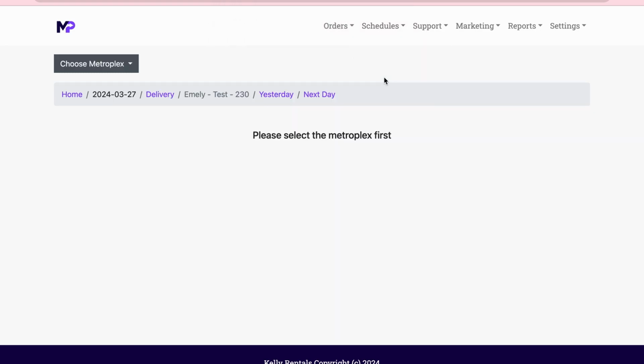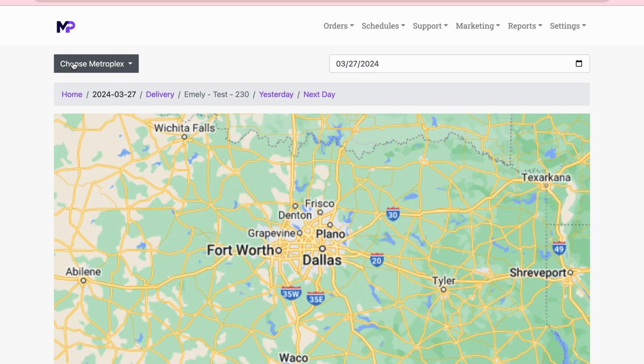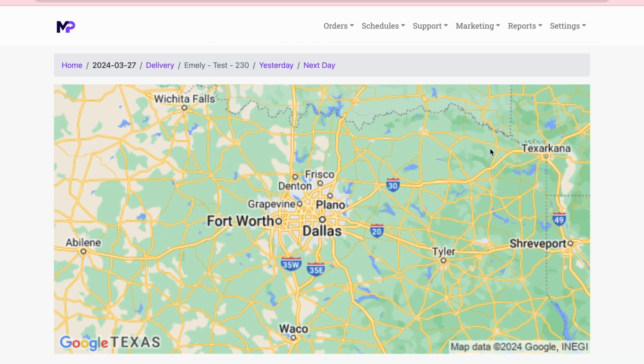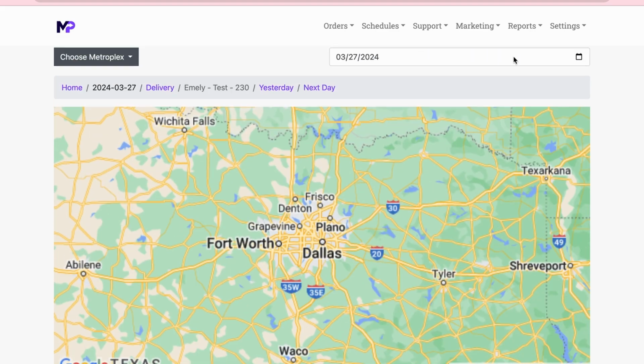Moving on to deliveries. Up here in the top left, you would choose, this is if you have different locations or whichever metroplex you're located in. And again, you can also see it by date. So here